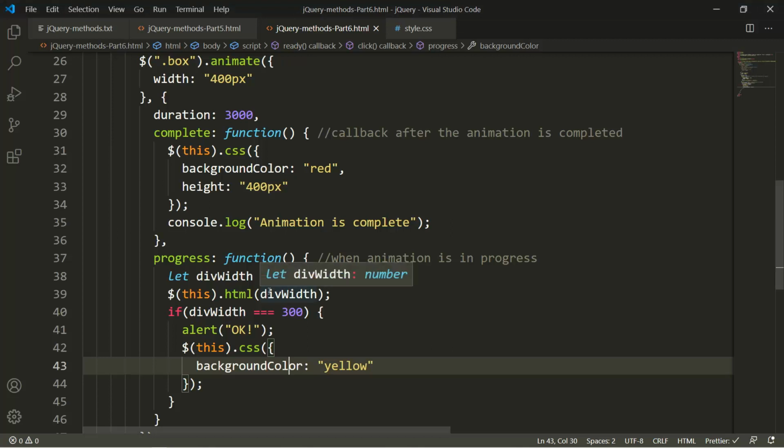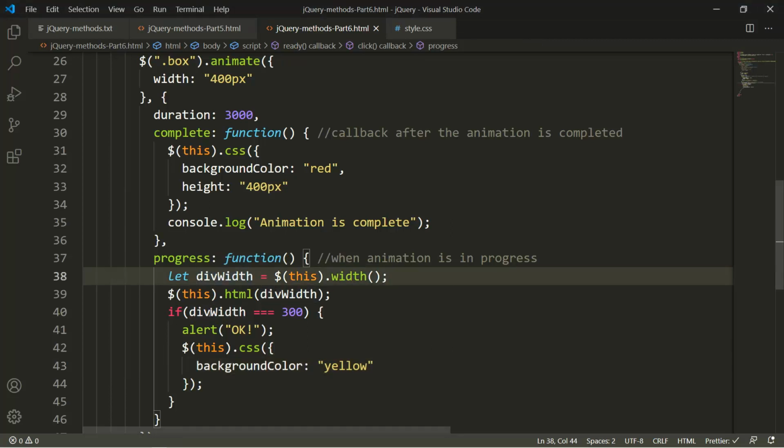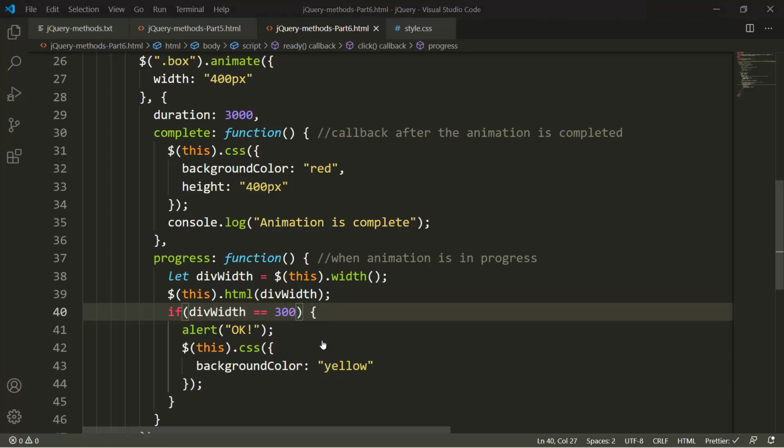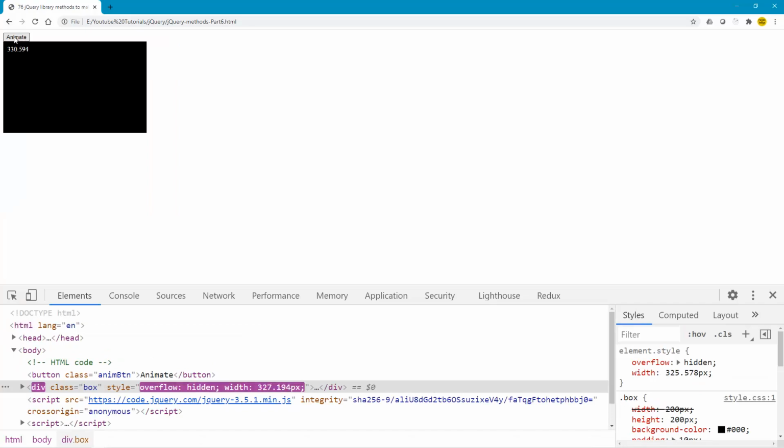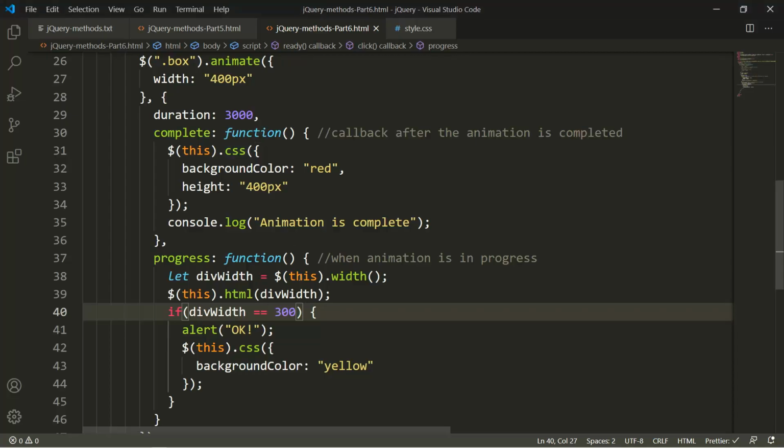Why? Div width is $(this).width; if div width is 300, is this making a problem? No. If div width is 300, then alert.